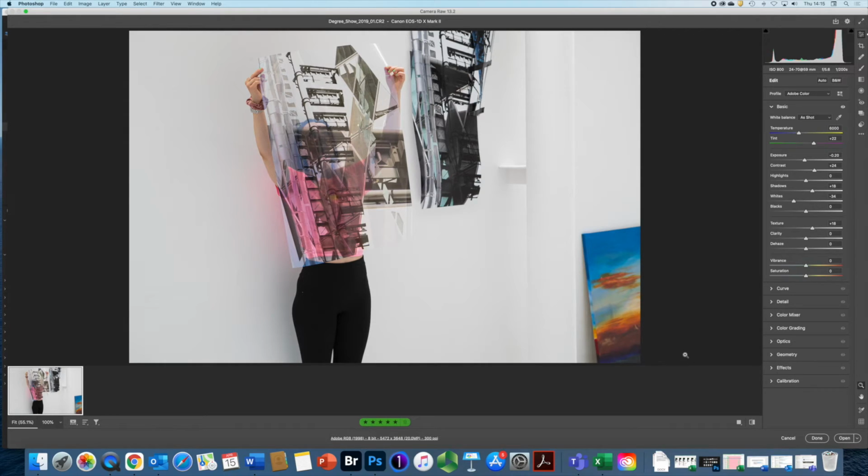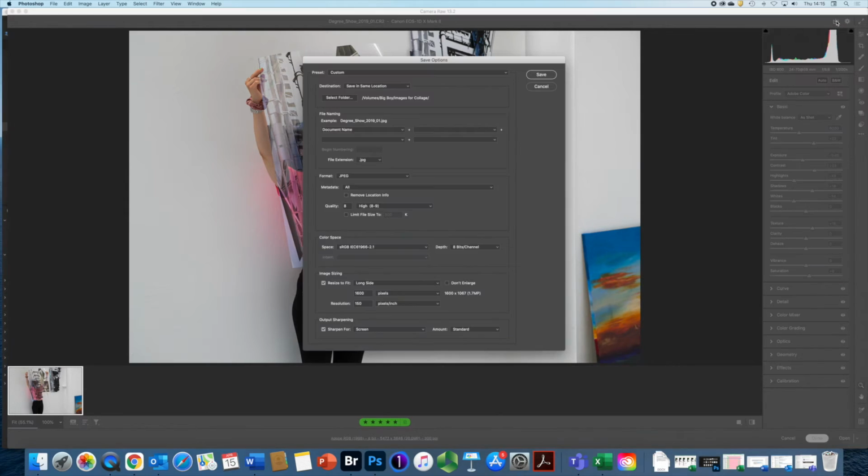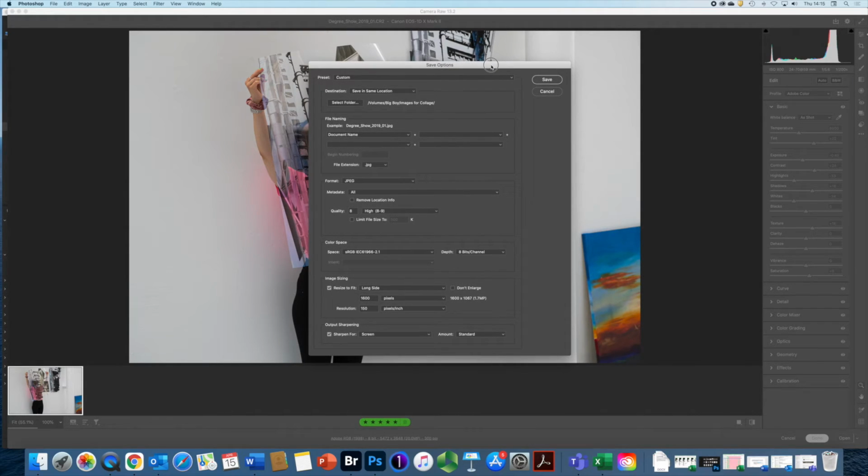But what I'd like to do is just quickly work on it slightly so we can see some difference. Take the highlights down, maybe pull up the saturation, and I'm now going to click at the top here, convert and save image. If I click on this, it brings up another dialog, and it gives me lots